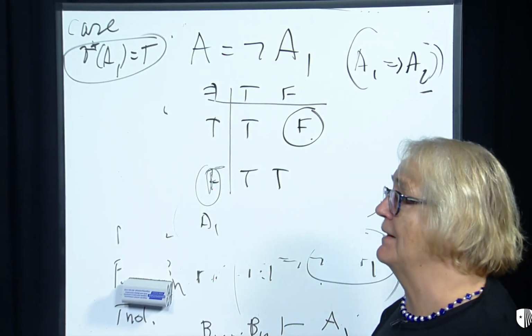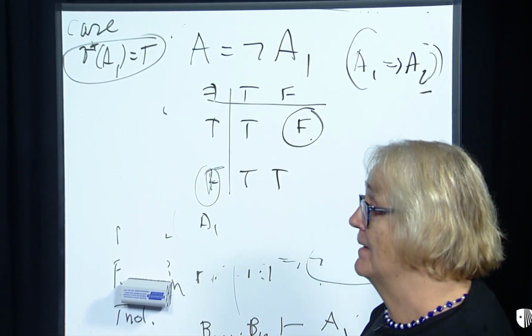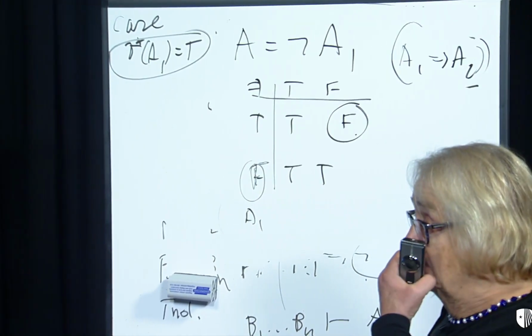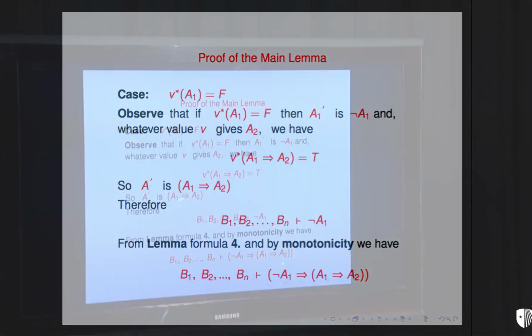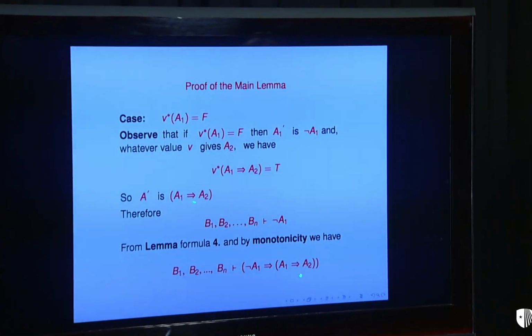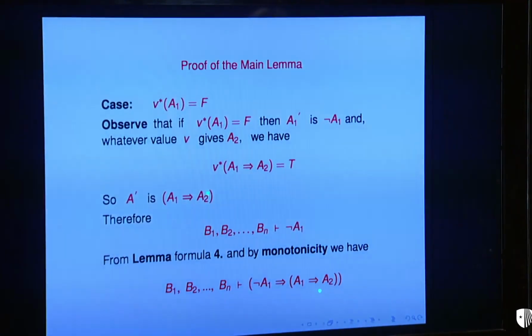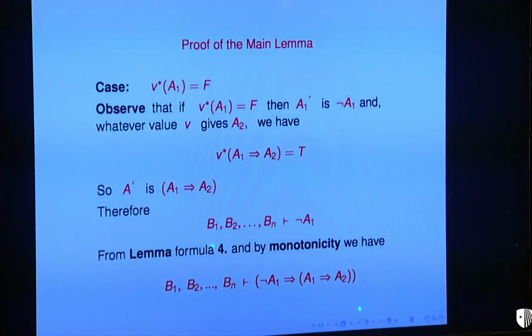So if A1 is F, A prime is negation of A1, and implication always gives the true, so A prime is A1 implies A2, so I get from this that